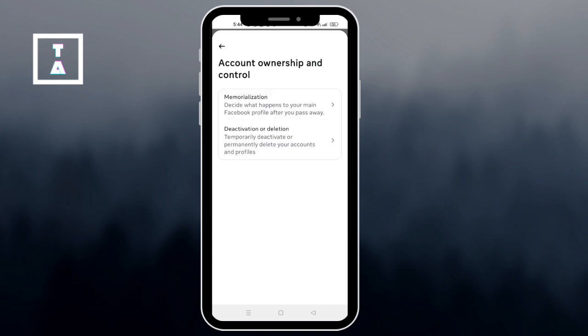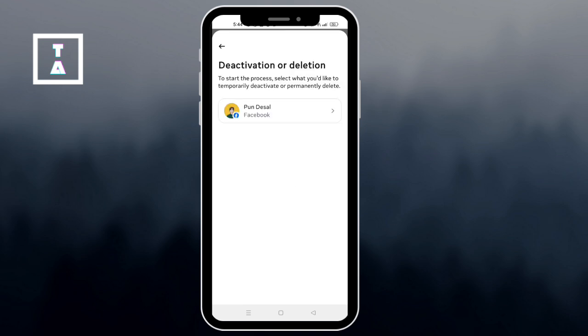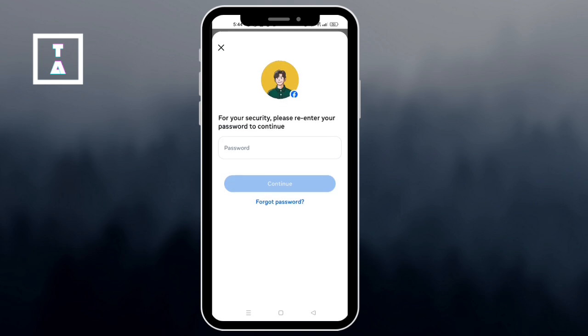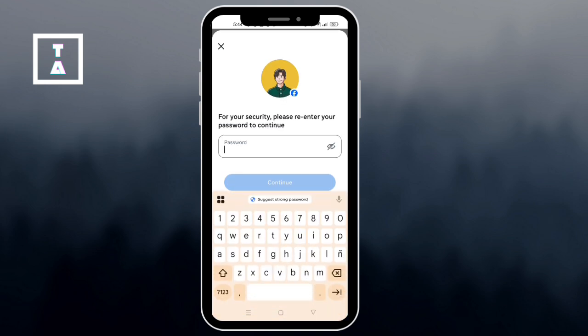Then here select Deactivation or Deletion. Choose the Facebook account that you want to deactivate. Then select Deactivate Account, then tap Continue. Now on the on-screen steps, choose a reason if asked and then tap Continue, and finally confirm by tapping Deactivate